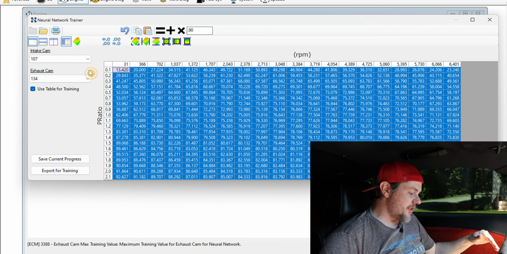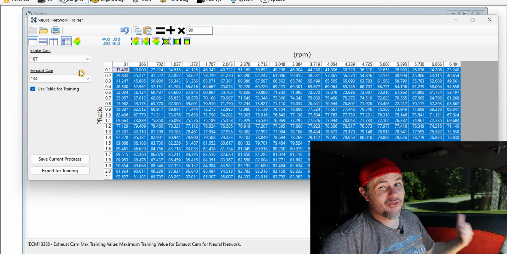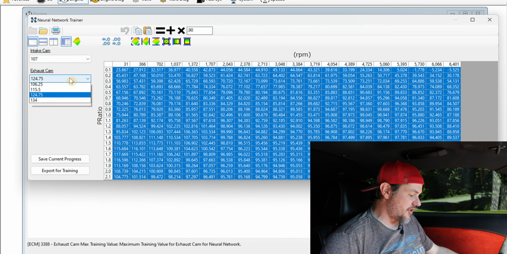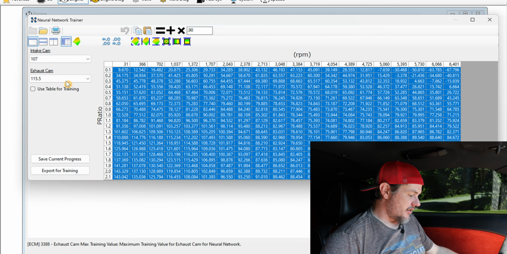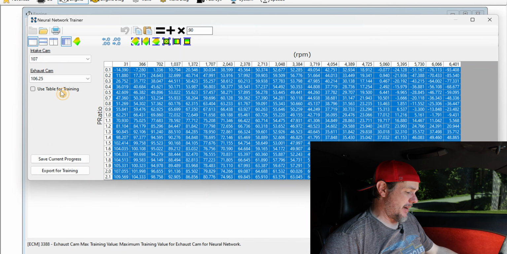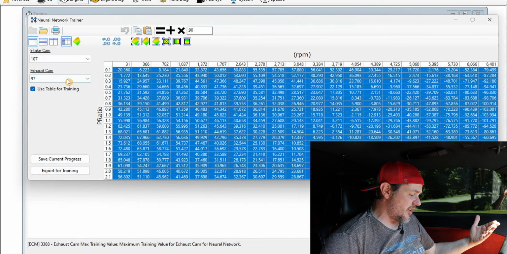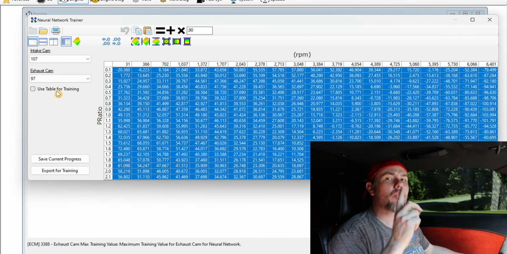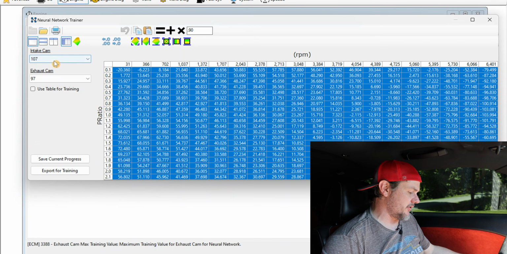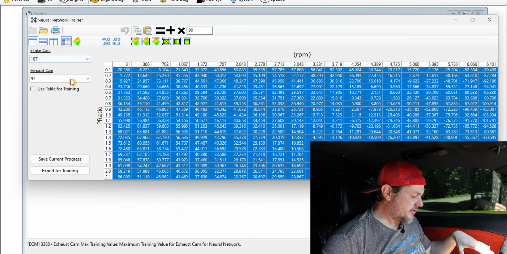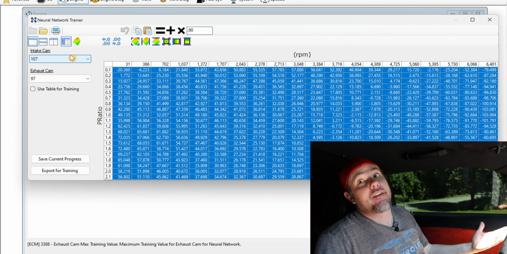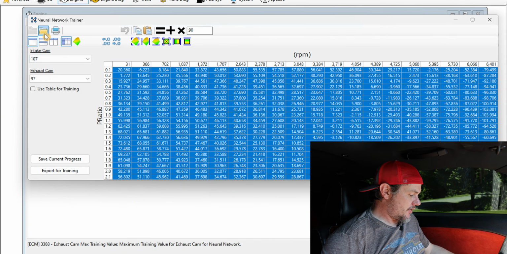Now what we're going to do, and honestly I don't know if this matters, is we can go through all the rest of these tables and uncheck use table for training. Honestly, I don't know if this matters. What I would like to see is one that says uncheck all, because we're only tuning 1 out of 25 tables. So, you know what, let's just send it and see what happens. What's the worst that can happen? Nothing, right? Okay. So now we're going to export for training,